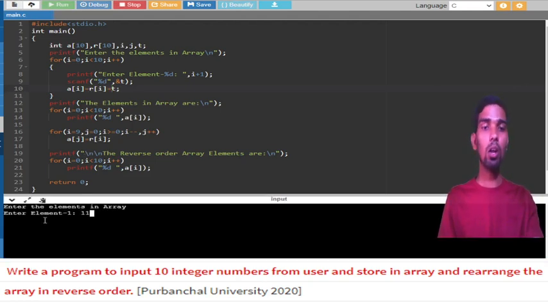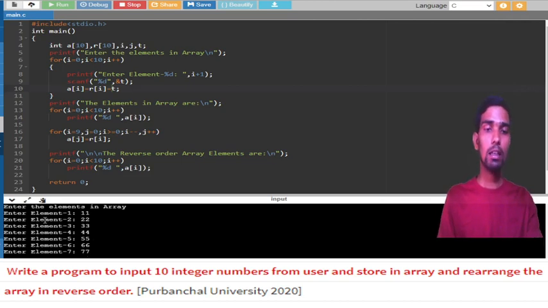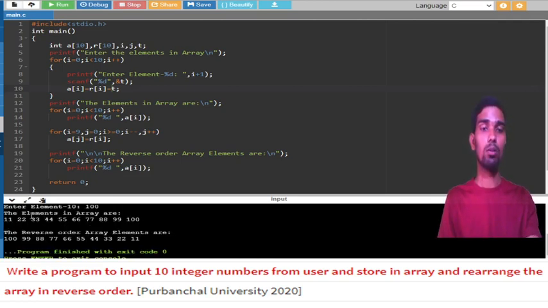Programming is all about finding the error and fixing the error, because there are lots of ways, and if you are a good programmer, you can find the error and fix the error. Now you can see the elements in the array are these and the reverse order array elements are these. This is done with the programming, and this is a very simple way I have used, so you will also find it so easy to complete this program.